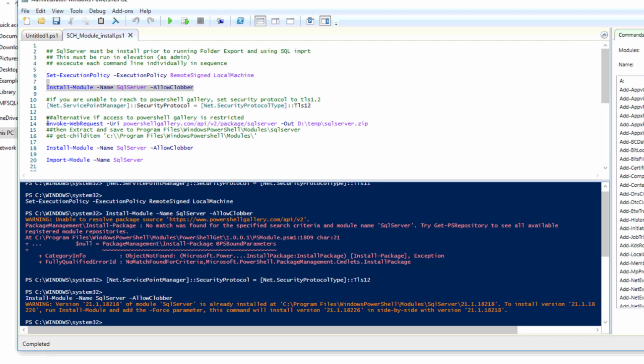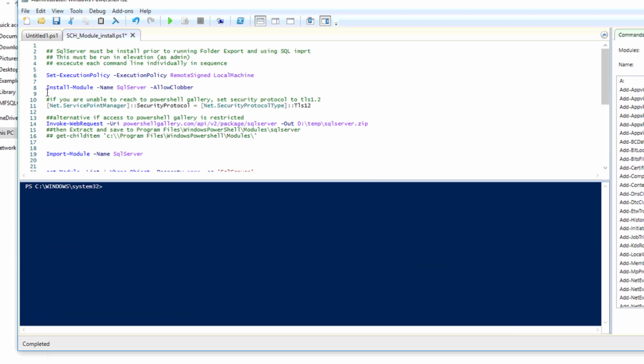If you are on a site where you don't have access to the PowerShell gallery, you could download the item from the gallery, the SQL Server zip, unzip it to this particular folder, and then you can continue from there. Once you have completed the installation of the module, whether you do it manually or by grabbing it from the web,